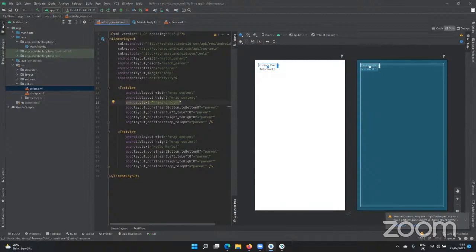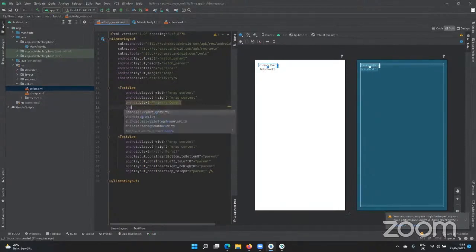Okay. Now, there's what we call gravity, a property called gravity. If you notice, there is gravity and there is layout gravity. Layout gravity is applied to the layout, that is the text view, while the gravity is going to be applied to the text. So I'm going to set the layout gravity